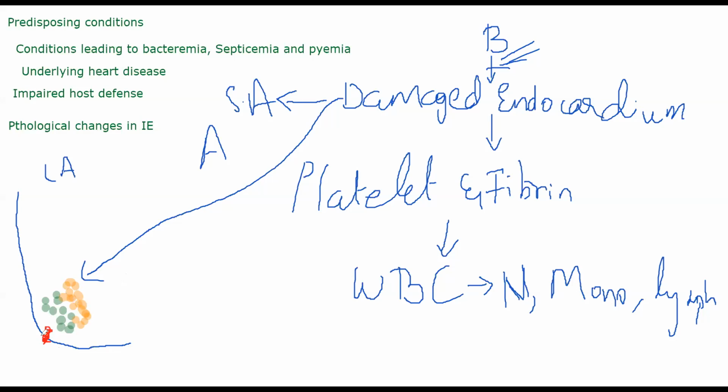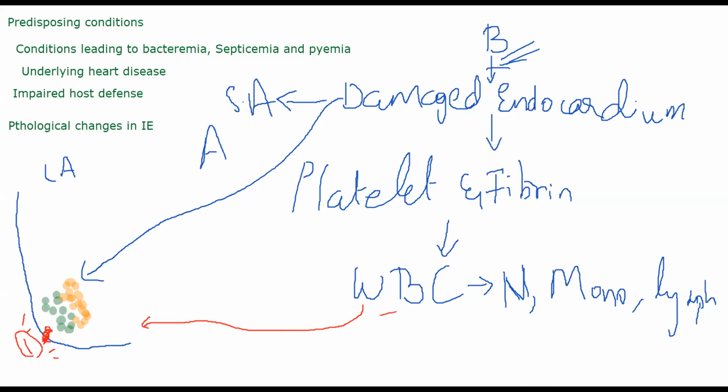Now, let's suppose this is your bacteria. That fellow is coming and attacking your endocardium. Because this fellow is present, the surrounding cells will start secreting cytokines. A proper inflammatory reaction is mounted. Whenever there is an inflammatory reaction, our WBCs have to come, and WBCs will not come alone. They will call other helpers as well. Let's suppose there is a fire in some building in your city. Police will rush there, ambulance will rush there, fire brigade will rush there, paramedics will rush there, right?